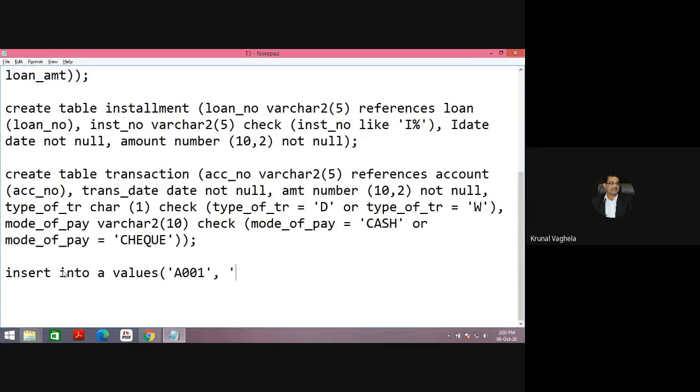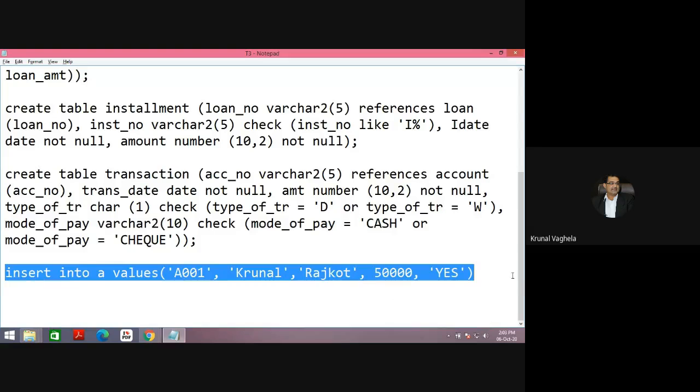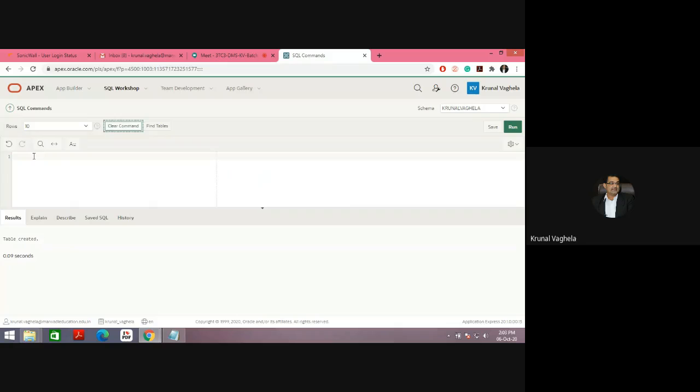Then second one is name, for example, Krunal. Then city, for example, is Rajkot. Then loan amount, for example, 50,000. And last is loan underscore taken, which is yes. So I'm entering this. Control C, Control V.